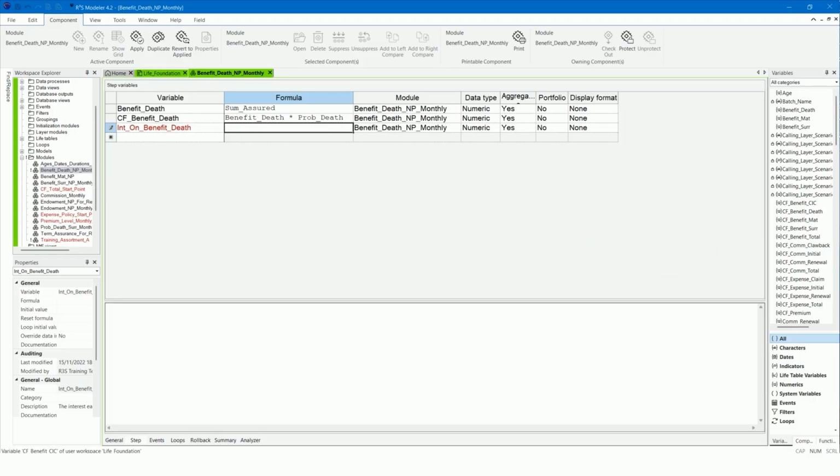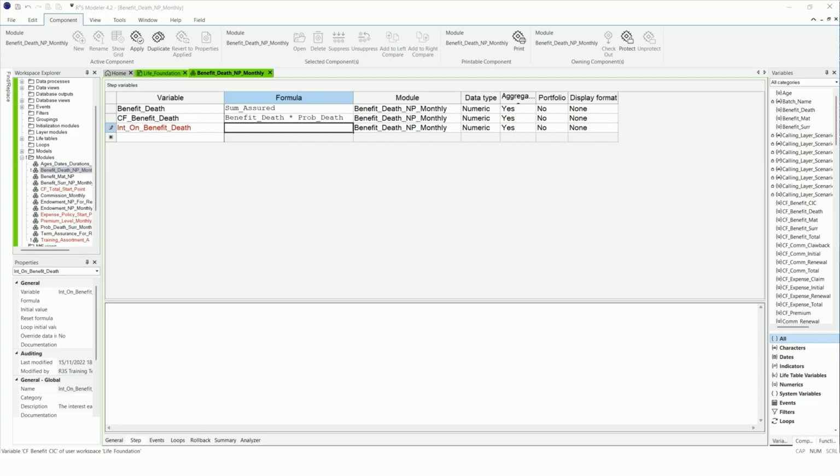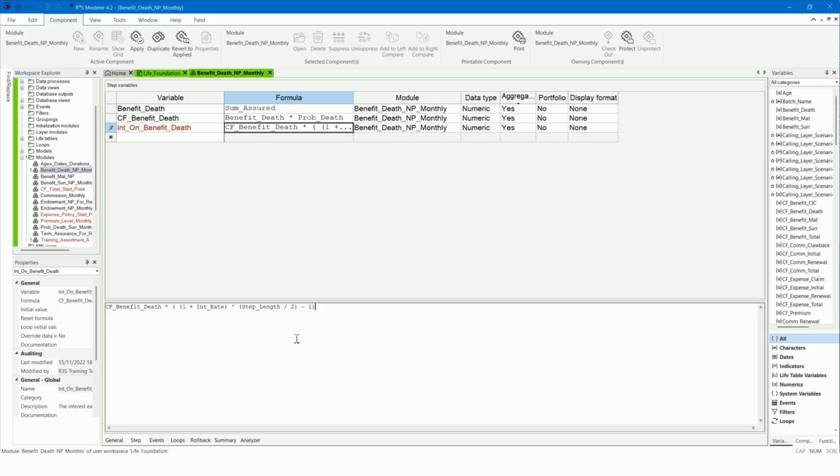Variable int on benefit death is the interest on the death benefit cash flow. Set the variable to the expected death benefit cash flow times the interest rate over half of the projection step.